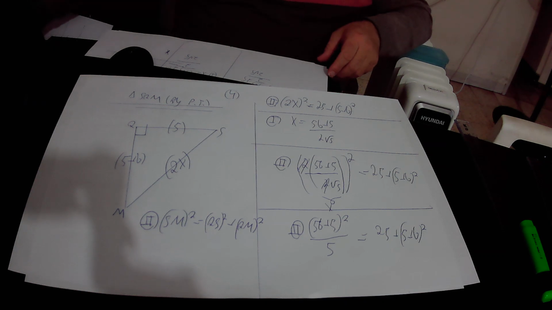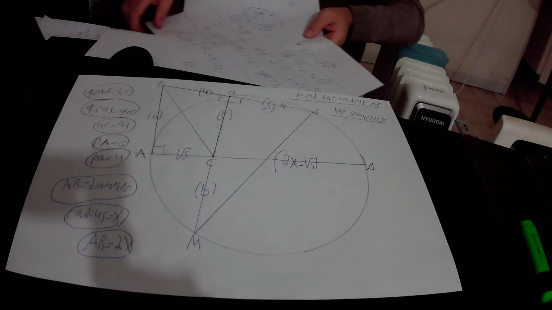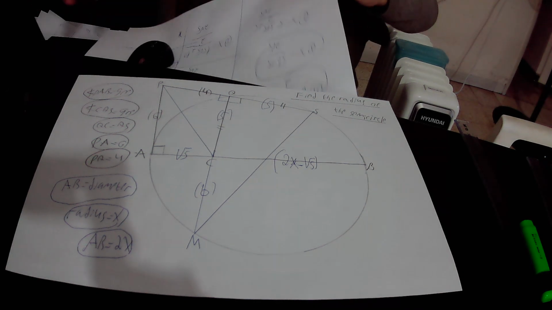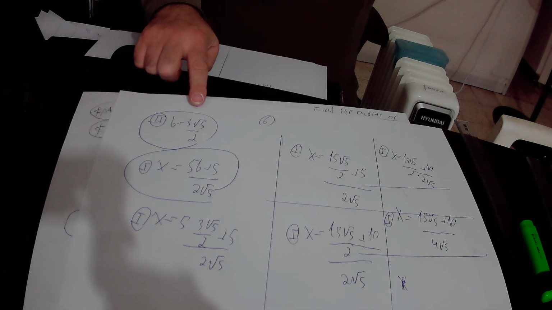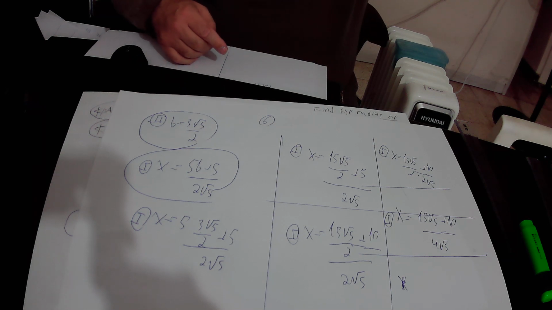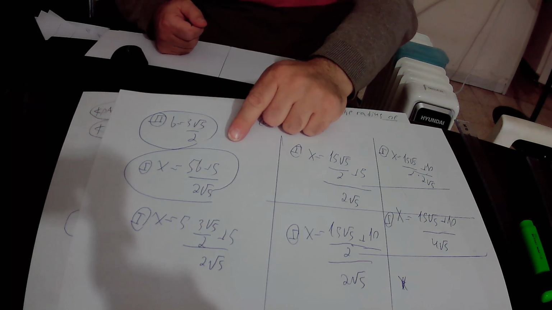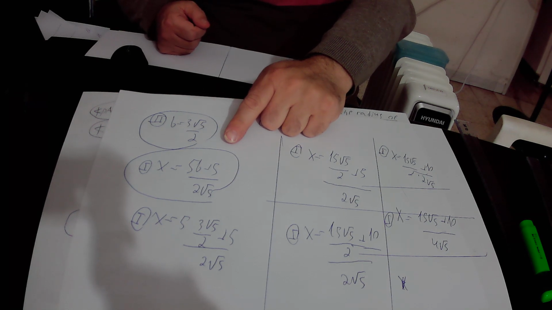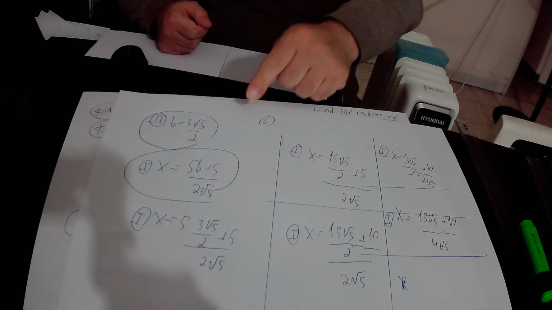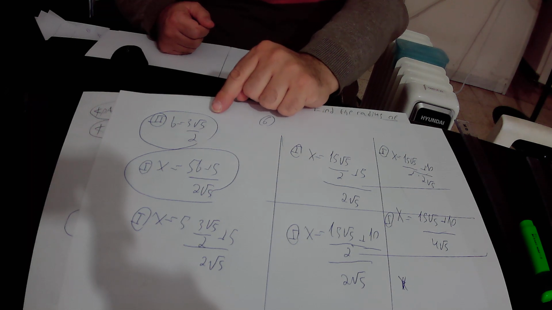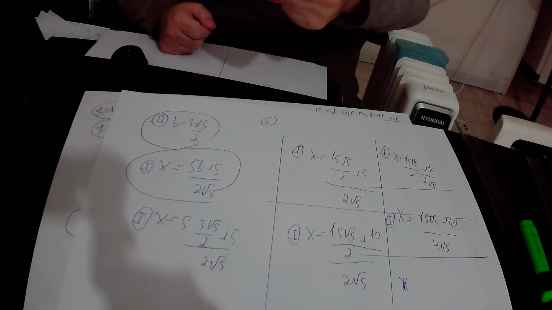According to equation number 2, we found out that b equals 3 times square root of 5 over 2. So we have the value of b in terms of numbers. While according to equation number 1, we have already found out that x equals 5b plus 5 over 2 times square root of 5. Now we can put the value of b from equation number 2 inside equation number 1,